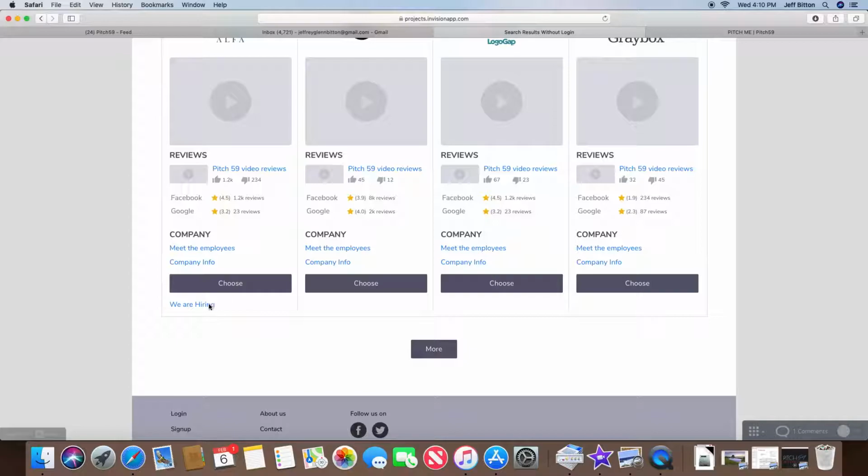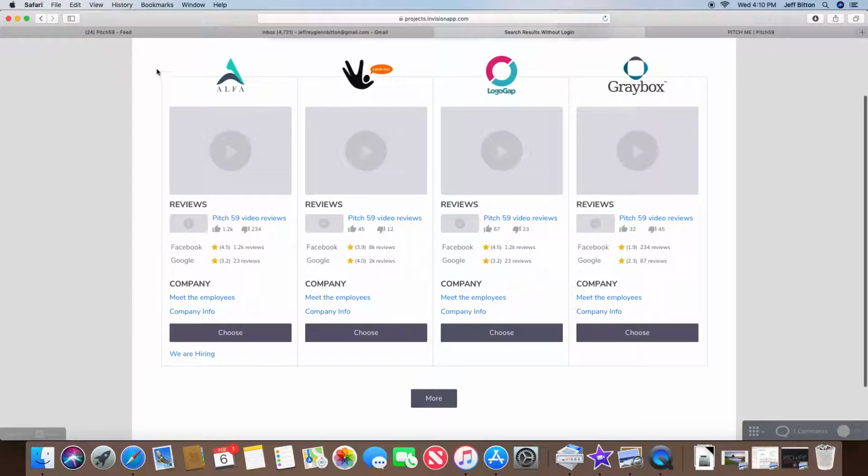It'll be more like a sticker or a tab that pops out up here, something like that, where a company, if they're looking for a secretary or a technician or something like that, people that are searching in their industry will see their profile there, see that they're hiring, and click on that, and it'll go straight to the person's video camera on their cell phone, and they'll be able to leave a 59-second video resume,